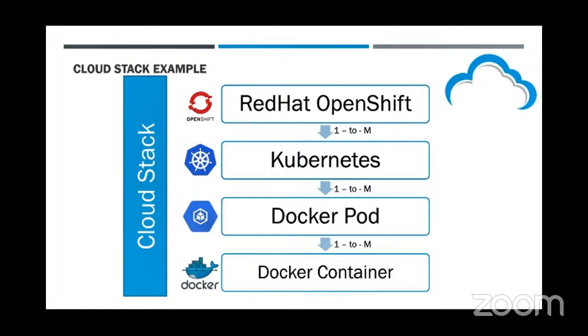Kubernetes will know that, and it will automatically bring up another pod with the same code, with the same containers and all of the same stack, right? So Kubernetes understands that, and that is why it is called a container orchestration service. It does a lot of other things, but one Kubernetes cluster contains multiple Docker pods.